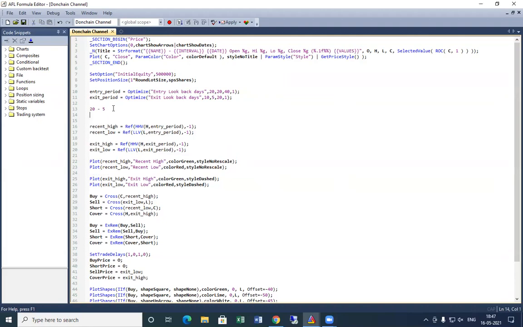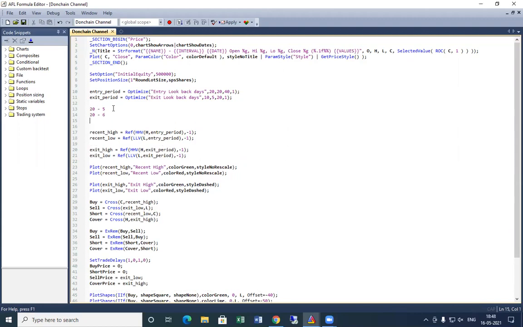Then again, it will take 20, shift the lower channel by 1 and come to 6, and backtest the system on these two parameters. Again, it will come to 20 and then 7, and then backtest again. And it will continue doing this up till 20, 20, because 20 is the last range of the lower channel.